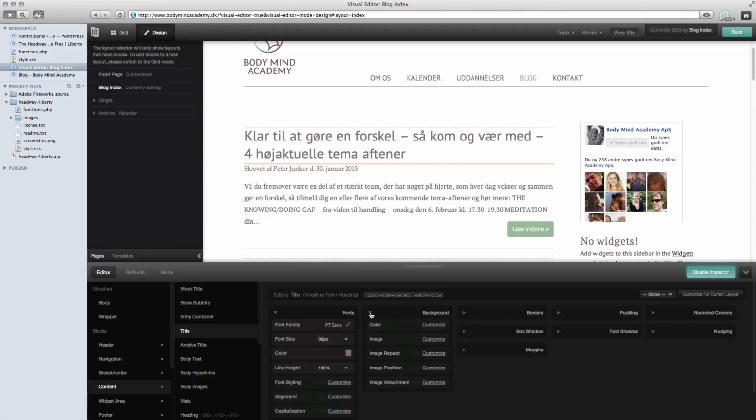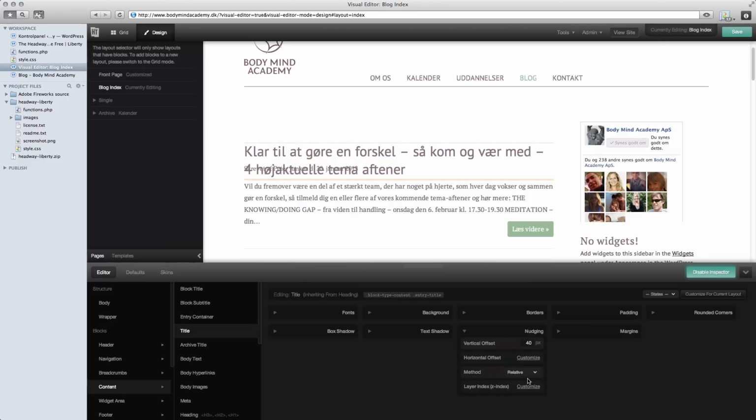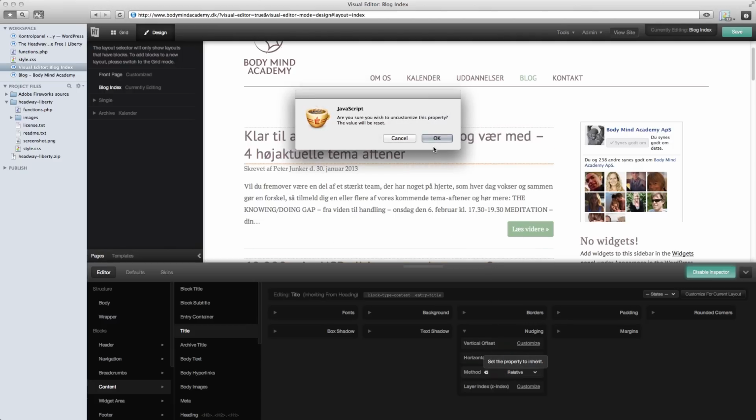but it's possible. And practically for every element of your page, you can choose background, font color, box shadow, text shadow. You can nudge elements, so you could essentially even offset this if you should wish to do so. Let's try. Like this. And of course put in a negative figure. So what I'm trying to show you with that is that Headway is really, really flexible.